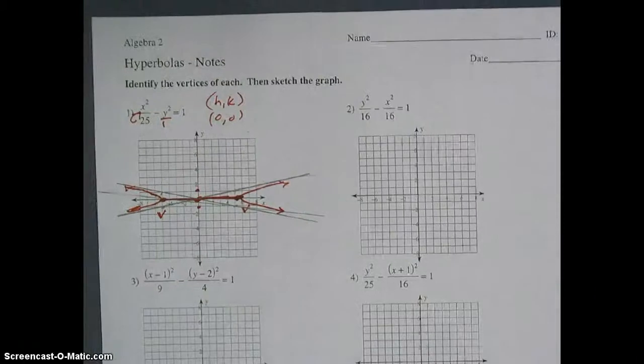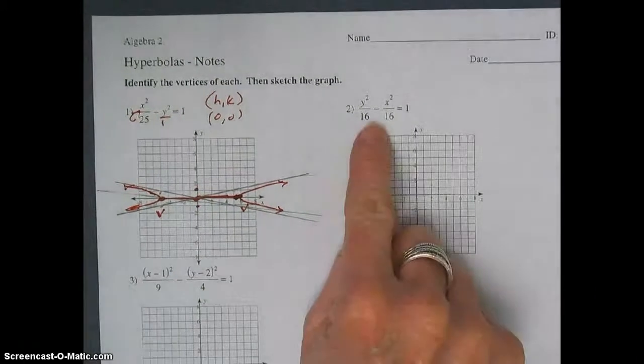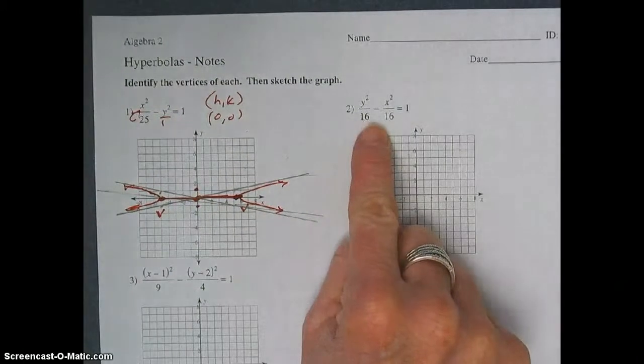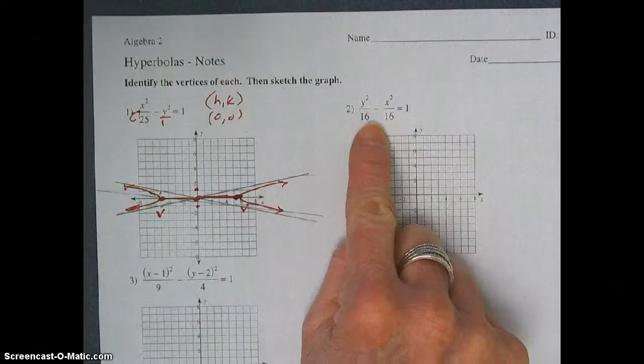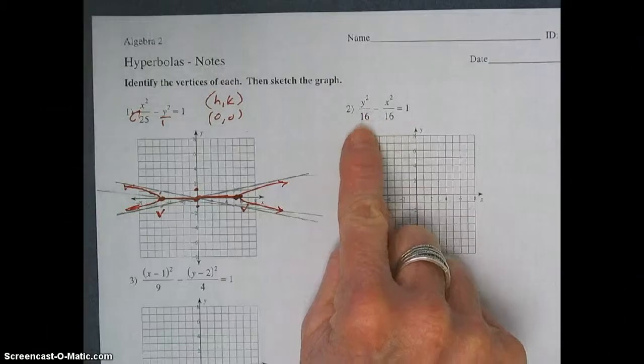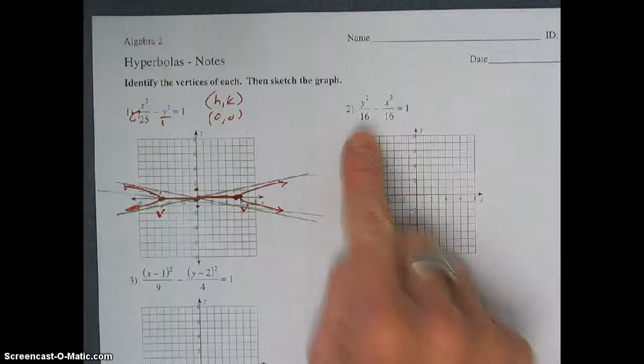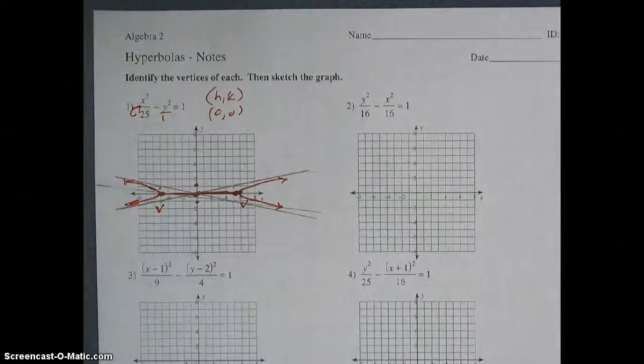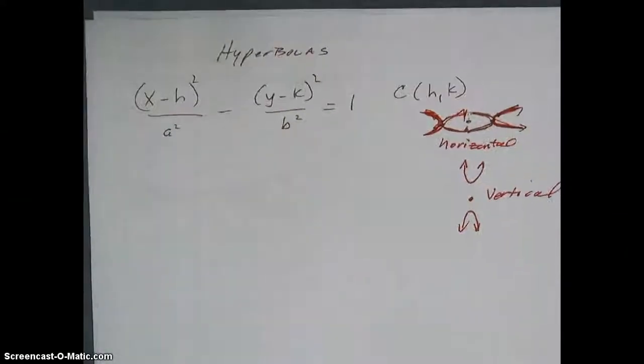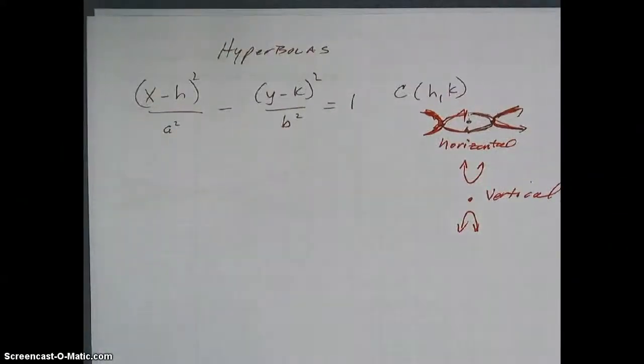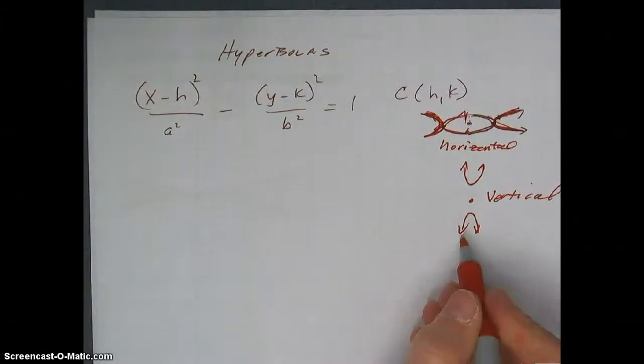Now notice on number 2, we have a negative again. So this tells you that we have a hyperbola. But notice the y squared is going to be first instead of the x squared. So again, let's hesitate, go back over to the other side. And that is the only difference with an up and down